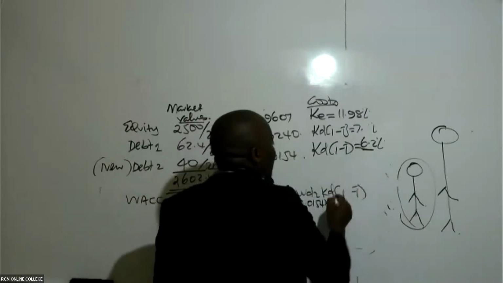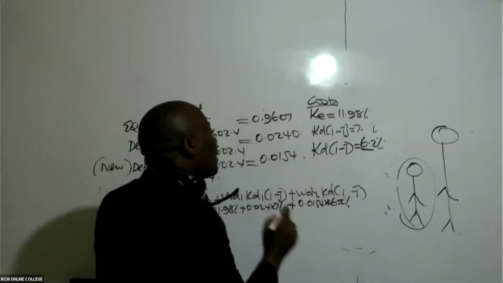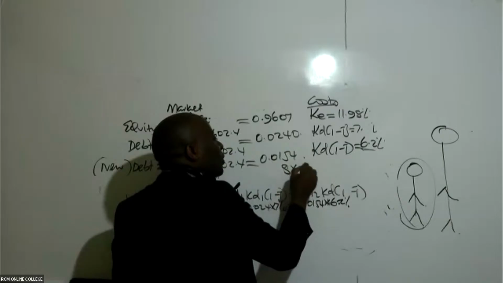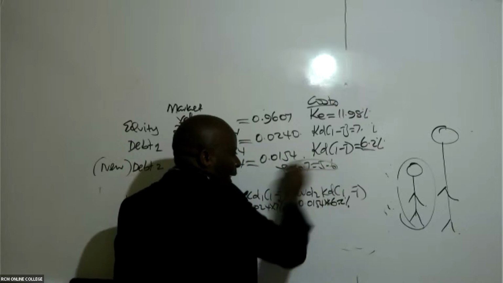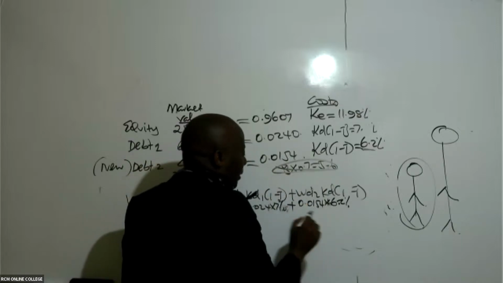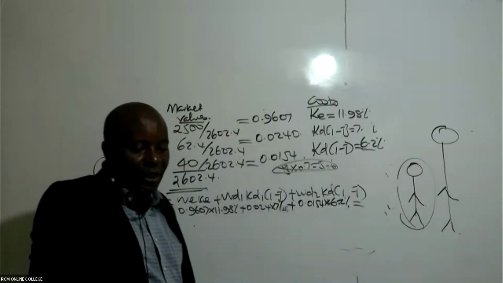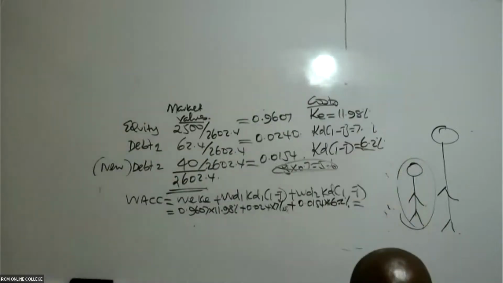KD is this one, and this is after tax. Don't adjust it for tax again, because when we were getting this one, the interest was 8 and we multiplied with 0.7 to get 5.6. We did adjust for tax here, so this figure is tax adjusted. So please go ahead and give us this WACC. Before I answer Francis, which is a very good suggestion, is there somebody who can give me this WACC?